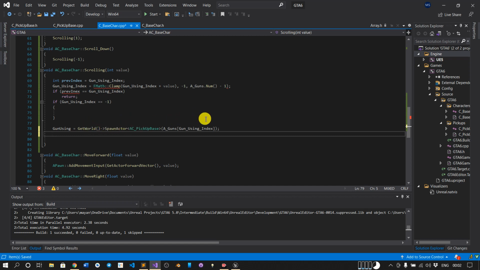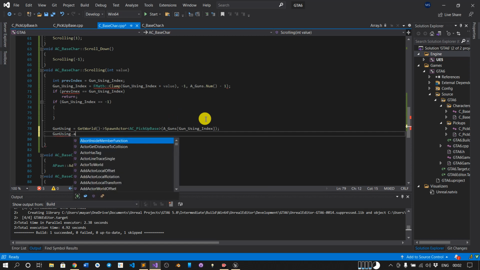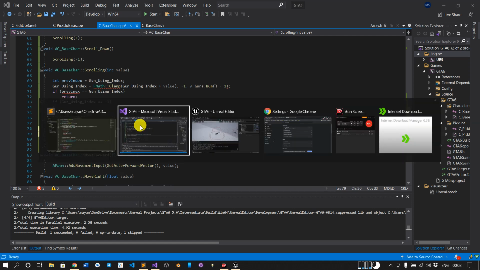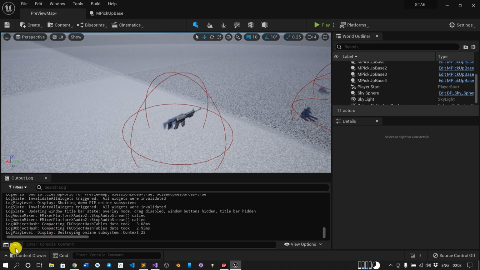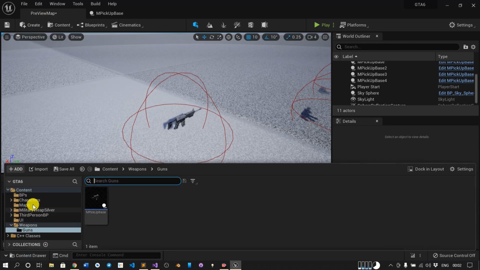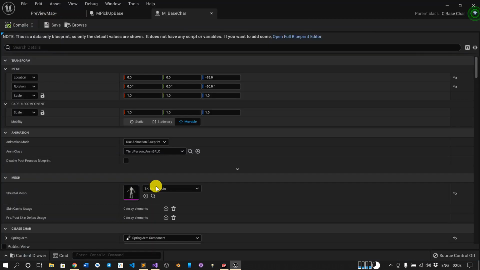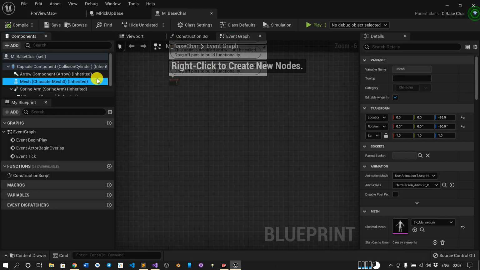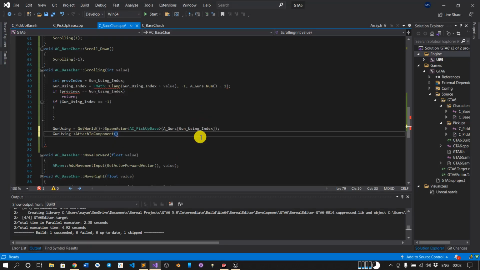So GunUsing.AttachToComponent. We will attach the gun part to the mesh. If we go to our character, we will attach our gun to this mesh. So to get this mesh in here, we use GetMesh.